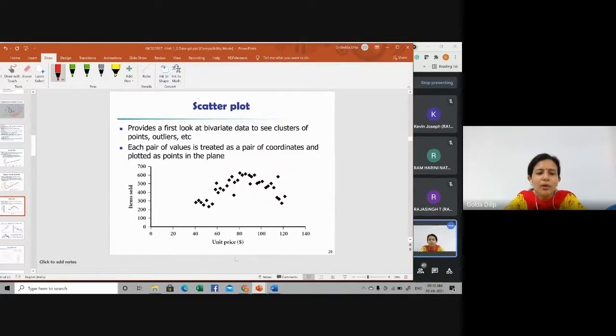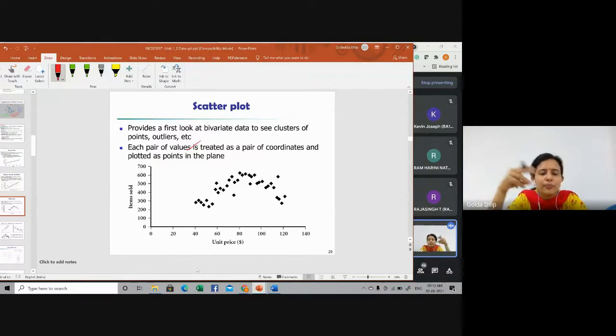So the next one is what is called a scatter plot. A scatter plot treats each pair of values as a pair of coordinates. This is basically to determine whether there is a relationship or a pattern between the attributes under consideration, generally the numeric attributes.